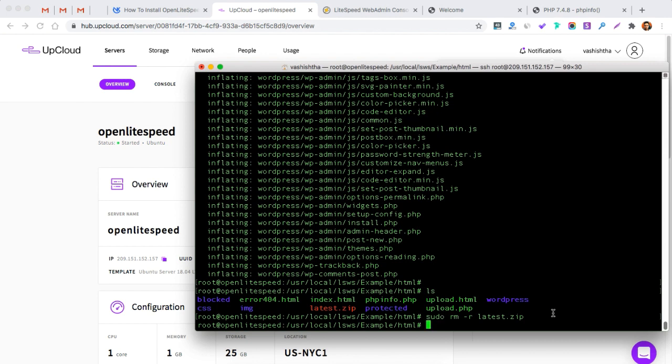Okay, so now by default the permissions are on root, but we need to change it and make it nobody user and no group as the group.